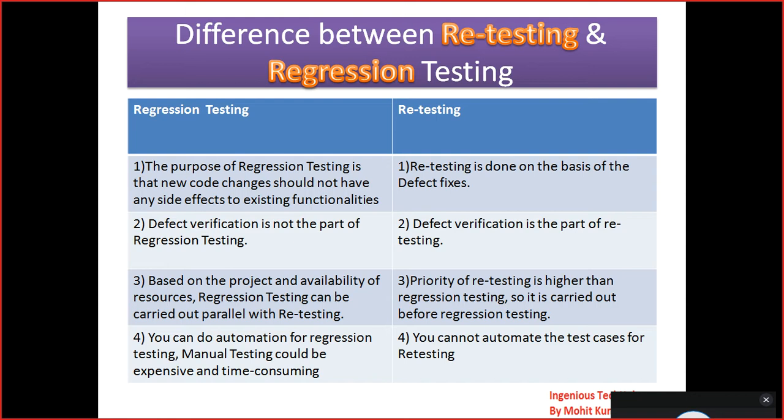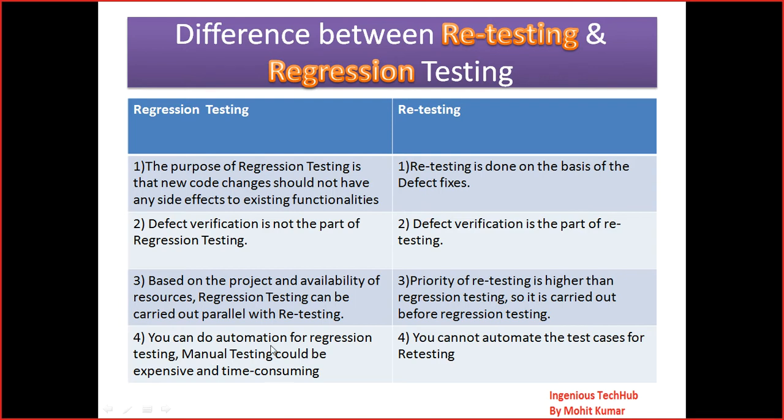Let me give the example of Google. About one week ago, Gmail was down, right? The engineers checked why this issue came, they monitored, found the issue and fixed it. Then they told the tester, hey, can you retest this application, is it working fine or not? So retesting is higher priority than regression testing. This is very important when you compare regression testing and retesting.